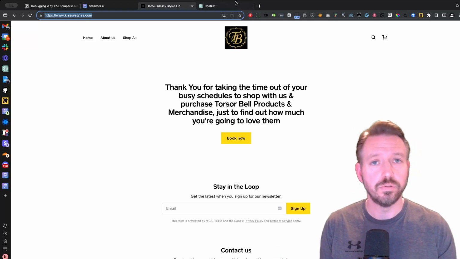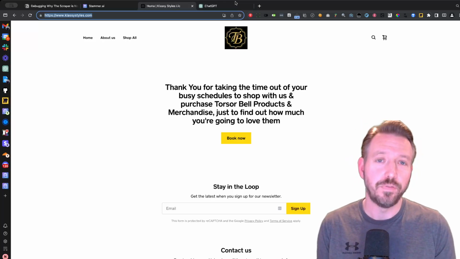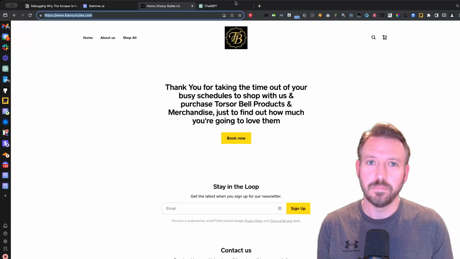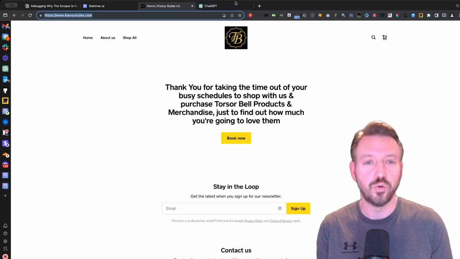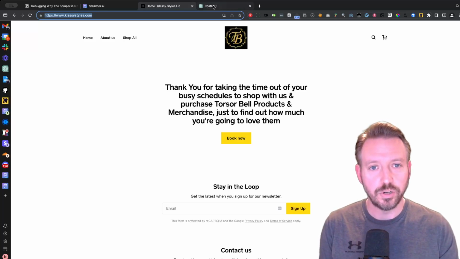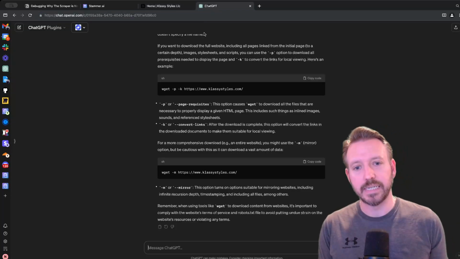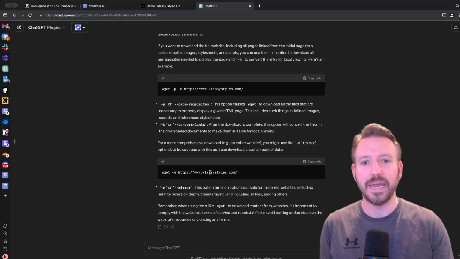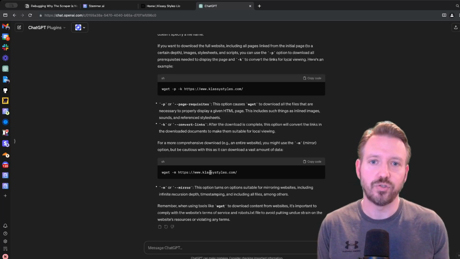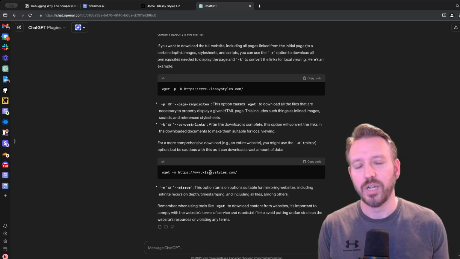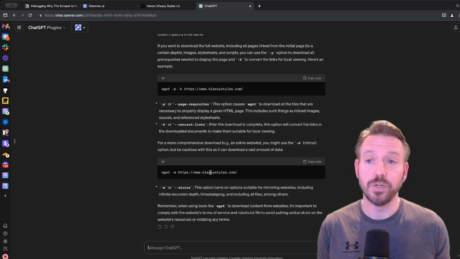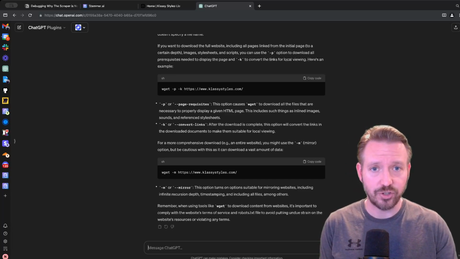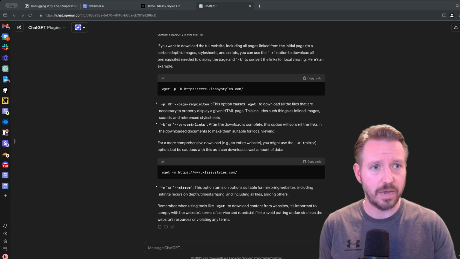But what you can use if you're on Mac, and hopefully if you're on Windows, I don't know, maybe there's a tool online that can do this, but what you can use on Mac is wget. And you can simply use the wget command and then usually the URL of the web page, and that will actually get you the source code of that web page as it would be viewed by the Stammer server. And now I actually have the source code of that web page.